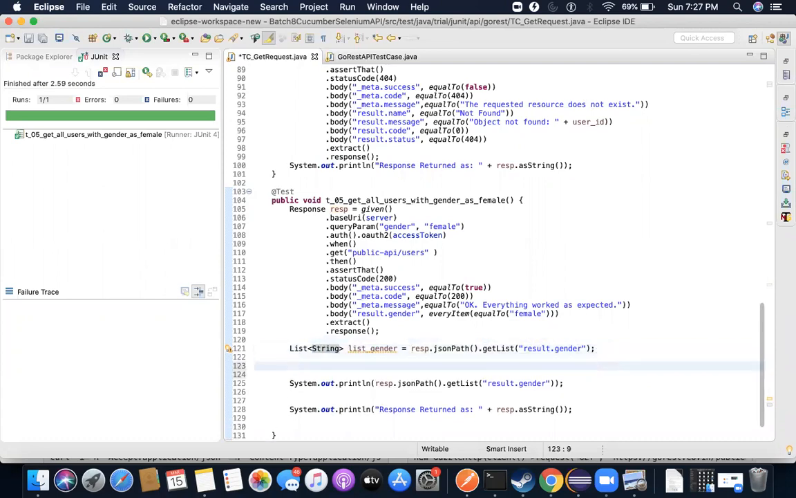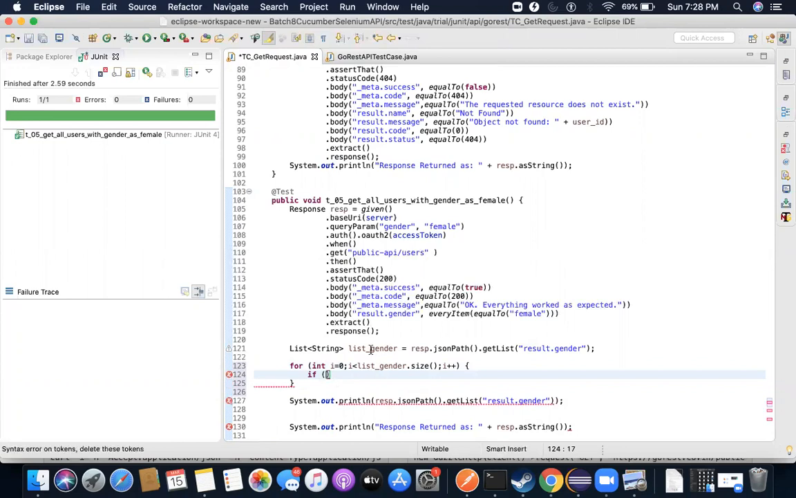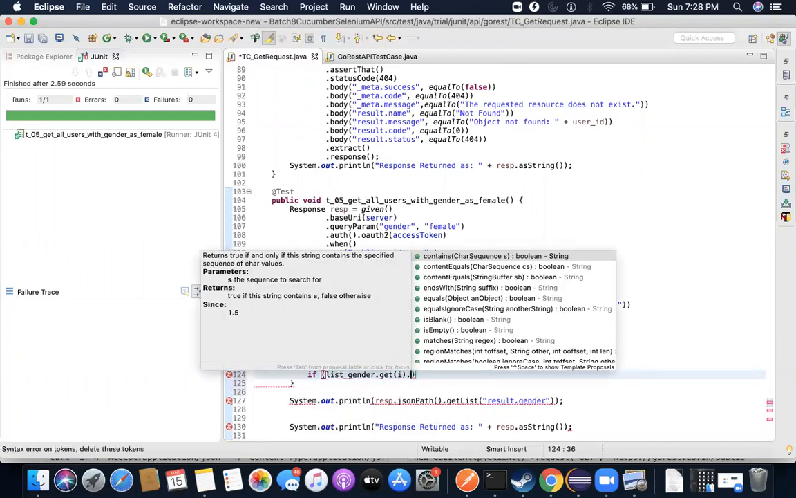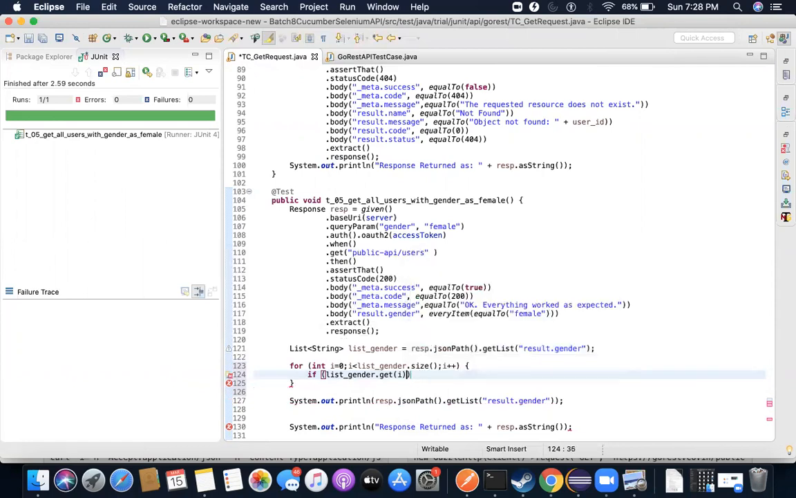Once I have it, I can iterate it. So I can write for int i. This is the conventional way of writing the assertions. If I'm not able to understand it the other way, I can just fetch the information out of that response object in this manner. When I do a get list, I'll get result dot gender, and then I can iterate till the end, gender dot size, i plus plus, and then for each item I can validate. I can write list gender dot get i dot equals ignore case, if this is female,